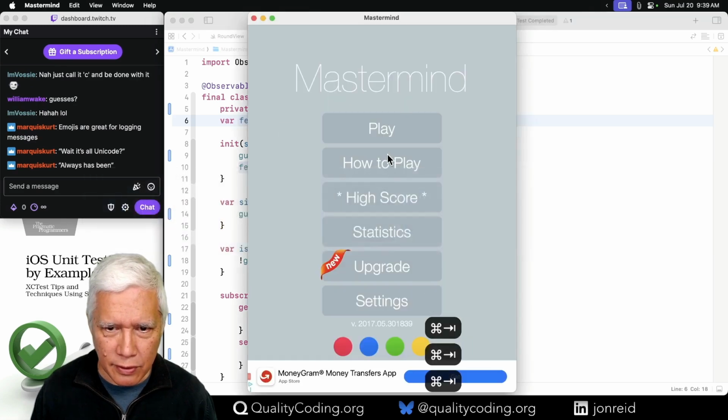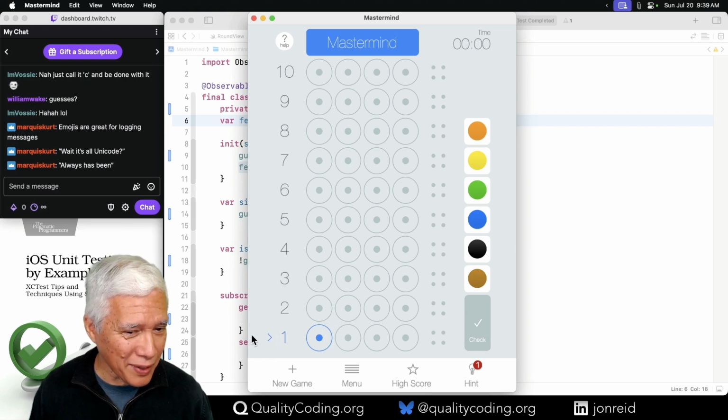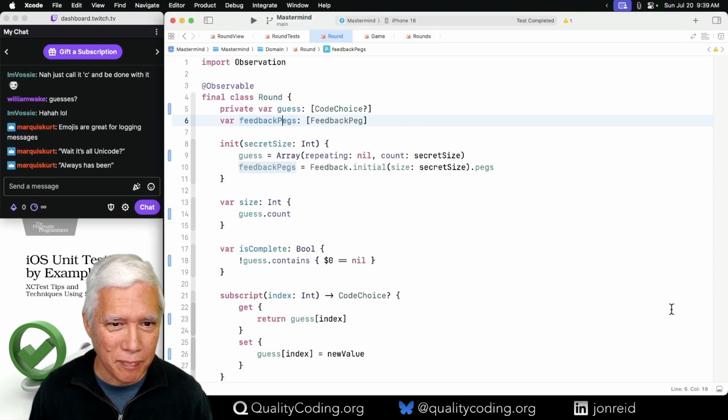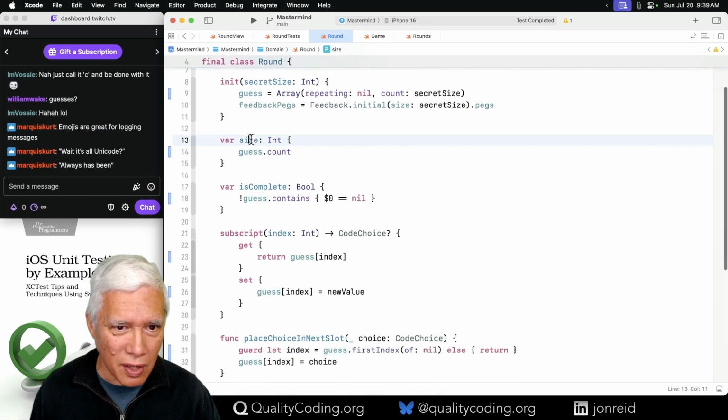Just to show y'all, this is the reference app. So here's a round. It has a number. So a round ought to know what number it is, I think. It's got the guess and it's got the feedback. I just want to get a sense of what this is. The size is the guess count.